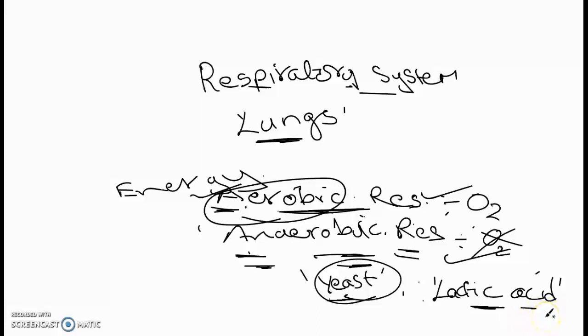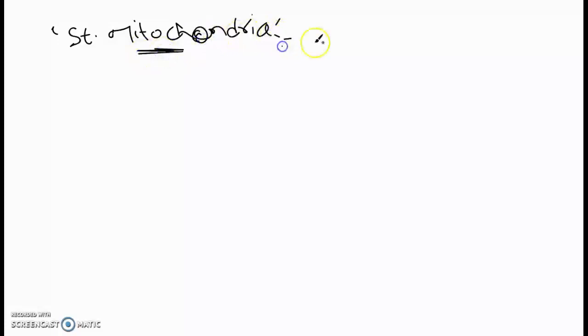And in the second chapter, you have also seen another important question, the structure of the mitochondria. What is the mitochondria also called? Since lower classes you have been hearing, and in 9th class also we have discussed the mitochondria. What is the mitochondria also called? It's called the powerhouse of the cell.